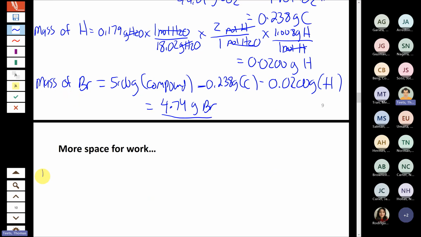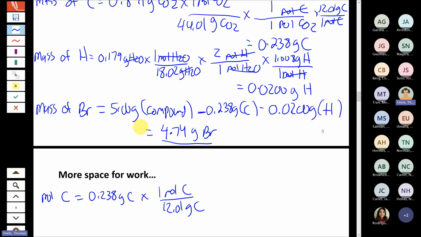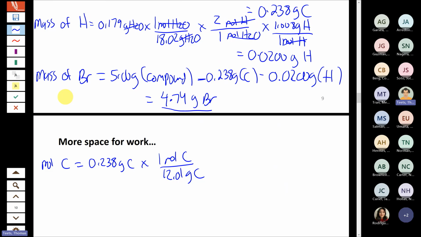So we're going to find the moles of each element. So for carbon, we have 0.238 grams. The atomic mass of carbon, which we've already used. Now, in reality, when we're converting mass of carbon back into moles, we're really just undoing the last step that we did up here. We had to get the mass of carbon so that we could subtract it from the total to get the mass of bromine, but we're really just undoing that step to get it back into moles. So that comes out to 0.0198